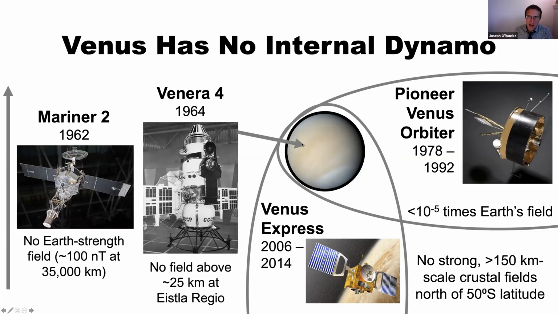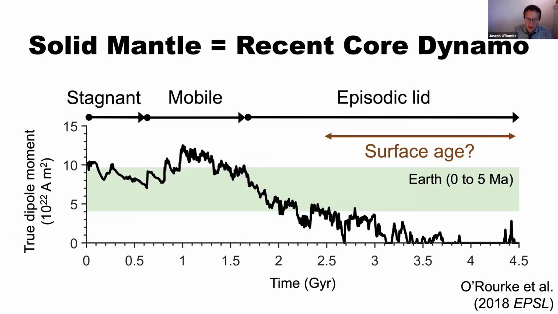So the takeaway you should have from this is that Venus has no internal dynamo, but crustal fields like we have on Earth and Mars and the Moon and Mercury and mini asteroids, those crustal fields would be a lot weaker than a dynamo. And super strong crustal fields could exist anywhere in the southern hemisphere, because we've never had a spacecraft reach low altitudes there. And weaker crustal fields, comparable to the bottom end of strengths that we see on Earth and Mars and the Moon and Mercury today, could be undetected anywhere on the planet. So we have not done by any means a comprehensive search for magnetization on Venus. And I really argue that we should.